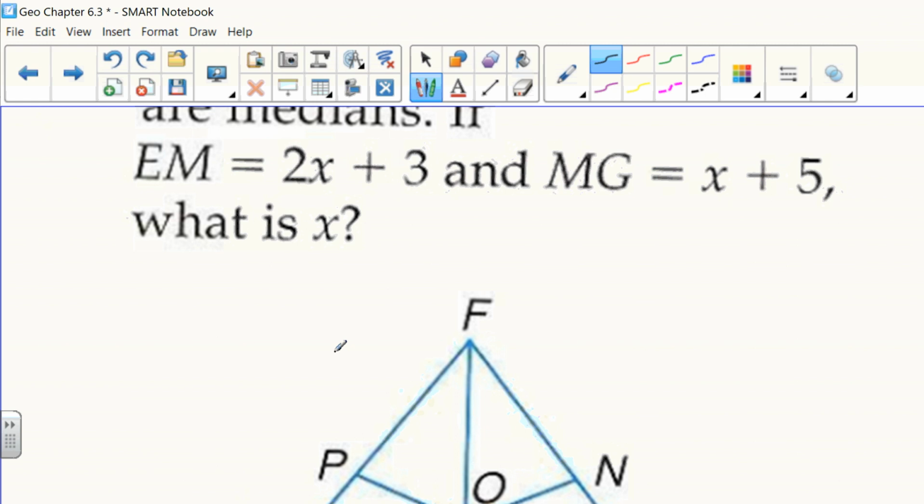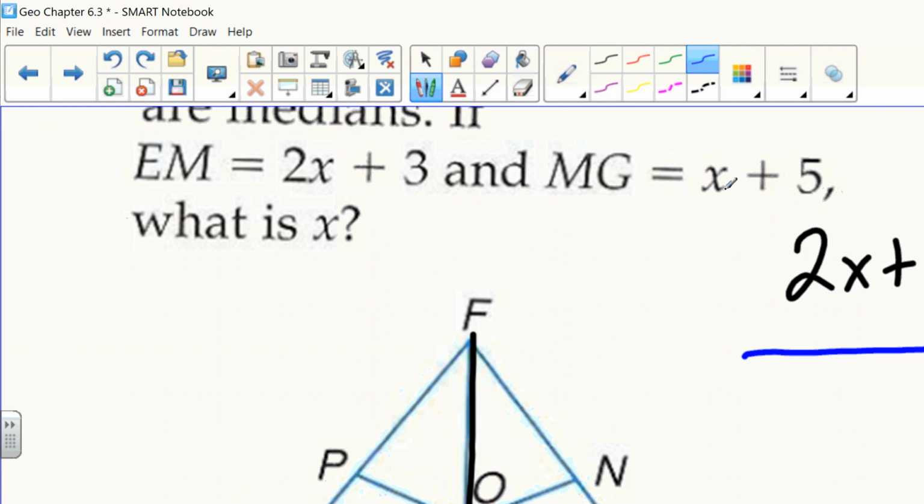Now a centroid connects the midpoint, or the middle of each line, to the angle on the opposite side, which means these line segments are congruent. So really what we can say is that 2x plus 3 is equal to what? Solve for the value of x. So we can subtract x from both sides, which here 2x minus x is x, plus 3 is equal to